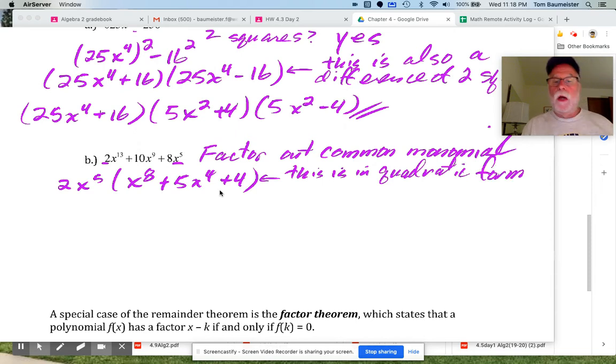Right? So one way to look at it, if you're not sure, is use substitution. Remember, a quadratic is x squared plus ax plus b or c. So if you don't see it,